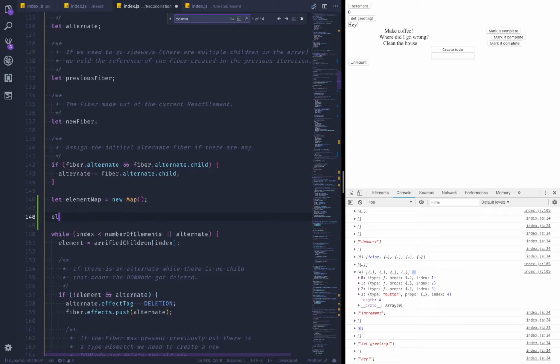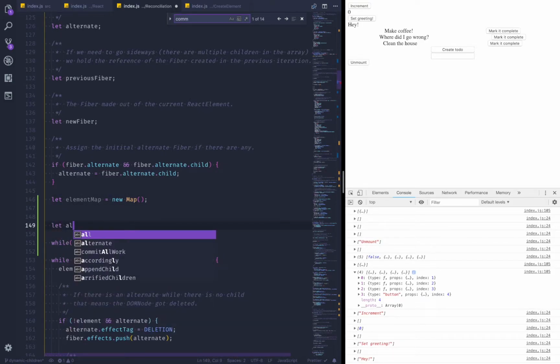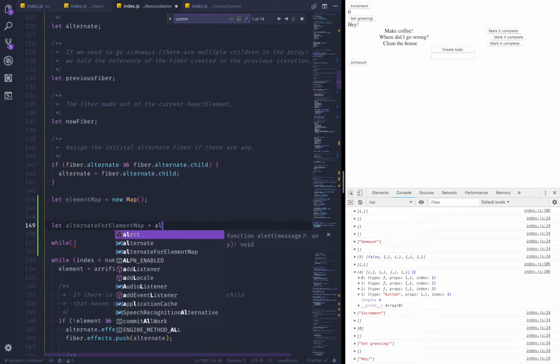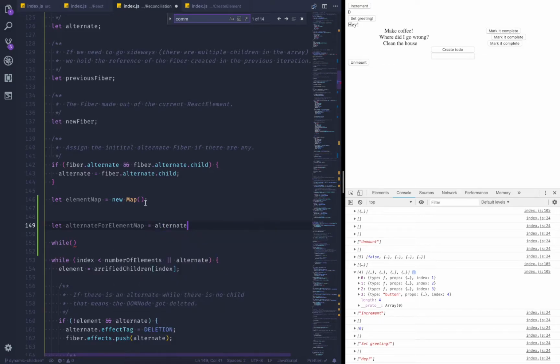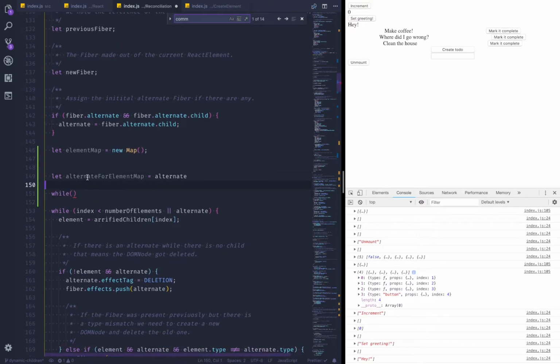What we want to do is have a while loop. The alternate is simply, so we have fiber alternate, child alternate. That's the first alternate. Let's use let alternate for element map, and I'm going to use this for creating the element map. So while alternate for element map exists,